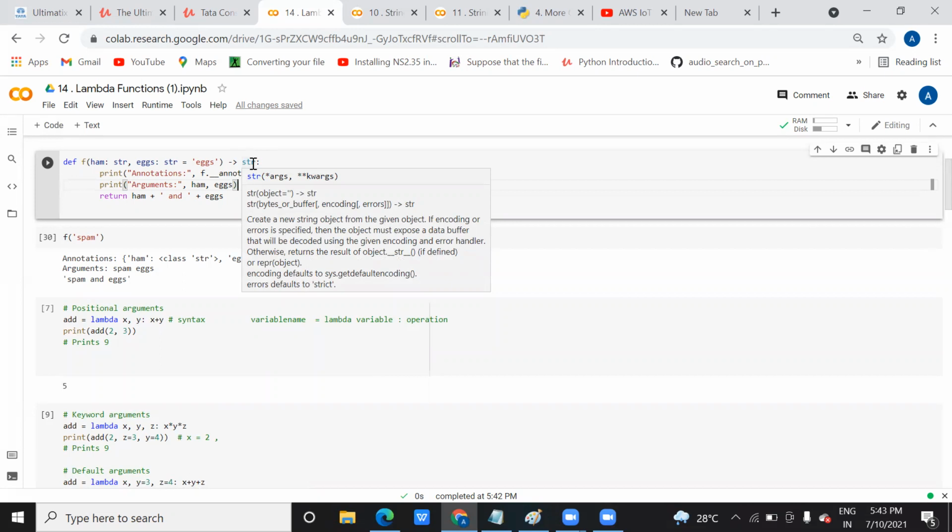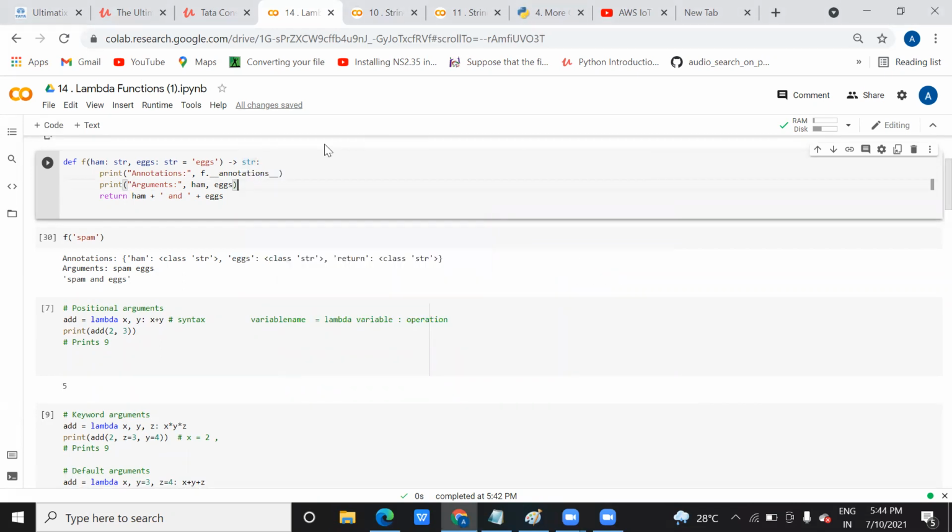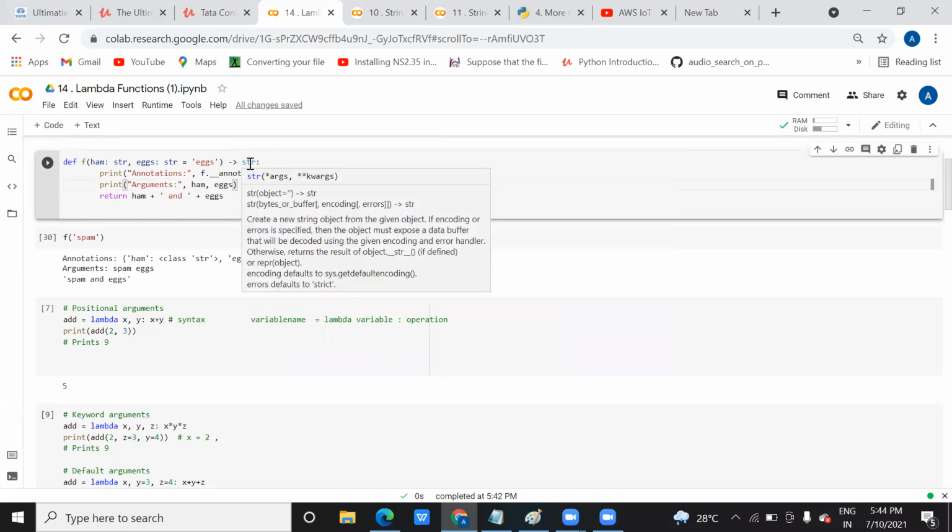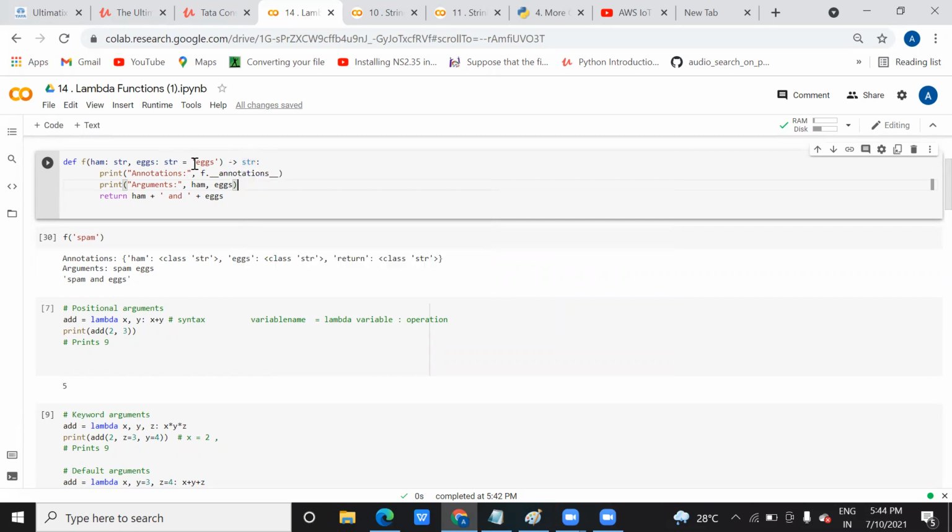That is the reason that when I use a normal function, we get nothing in the annotation. It doesn't show any metadata. It gives metadata here because we are using this arrow symbol and this string operator. This string operator is accepting the value in the form of argument and keyword argument, and it is creating a new object from the set of values that it is reading. Am I clear to you?